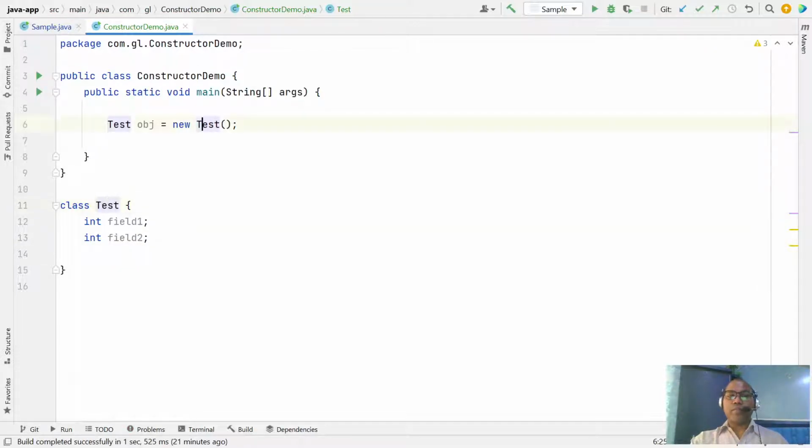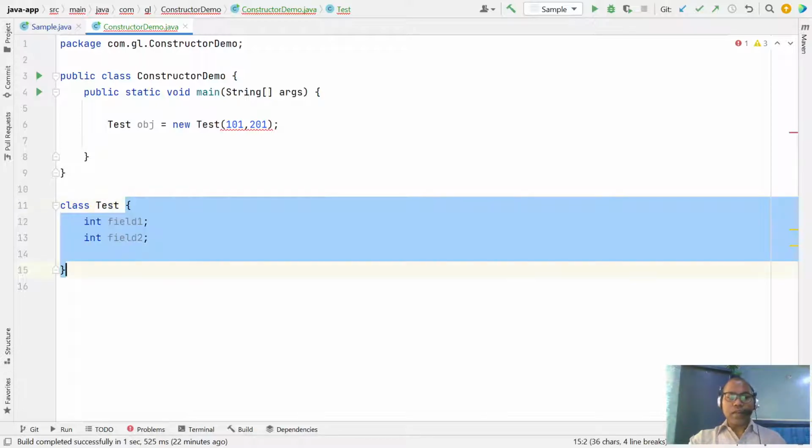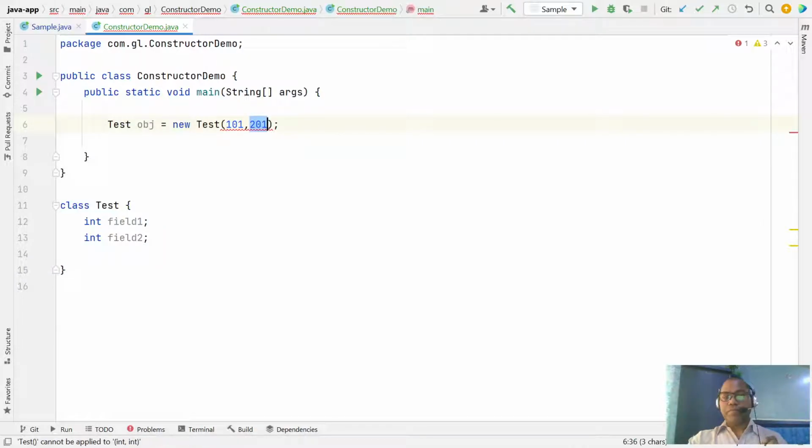You can create a setter and getter and set the value, but I want to initialize these two values while creating the object. So somehow we have to pass something, like field 1 value 101 and field 2 value 2021. But by default this class does not support passing any argument here.